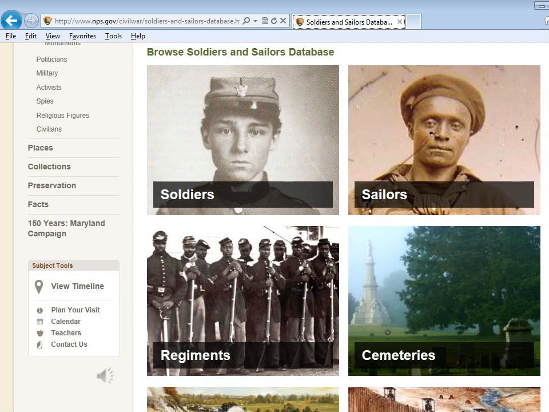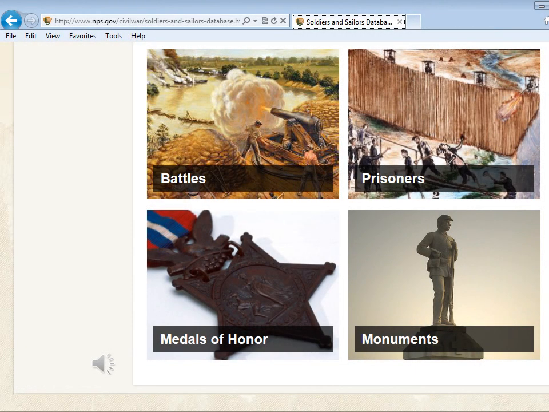They are still in the process of listing the names of all those interred, but so far one can search names of soldiers in the Poplar Grove National Cemetery at Petersburg National Battlefield in Virginia. If you scroll down further on the CWSS's main page, you'll find the remaining categories. For the battle section, although there were more than 10,000 armed conflicts during the Civil War, the CWSS provides the histories of nearly 400 battles deemed most significant by